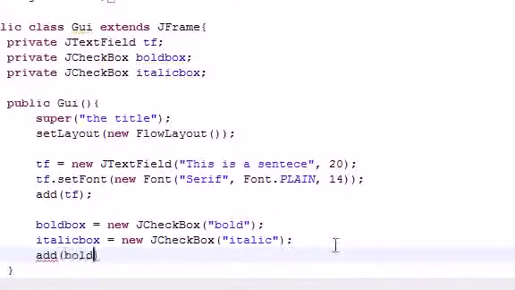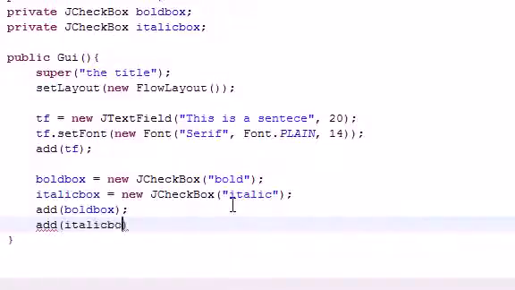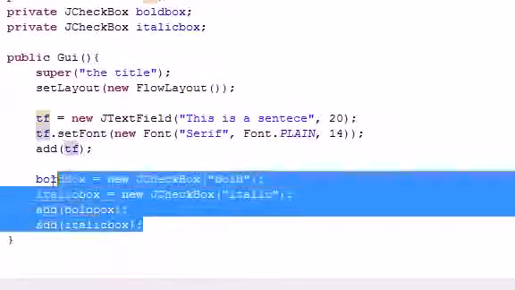Add bold box to the screen, and add italic box to the screen. There we go. So now we have pretty much three things on the screen: a text field and two checkboxes